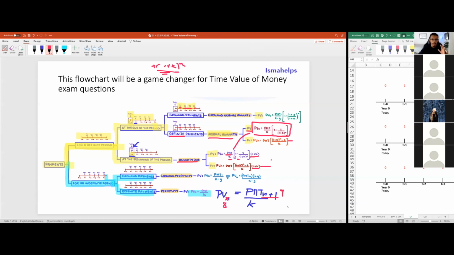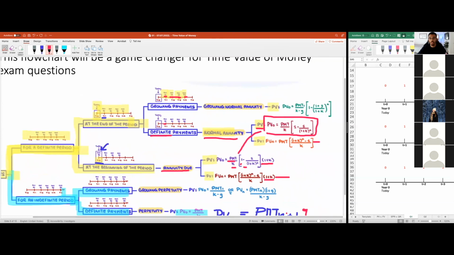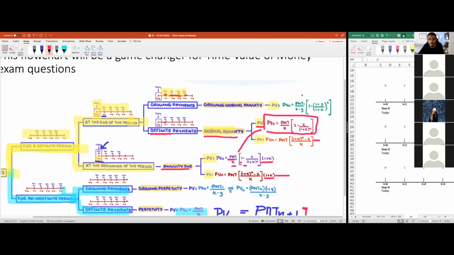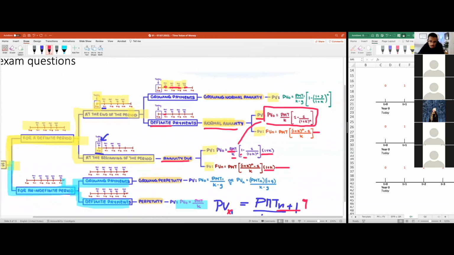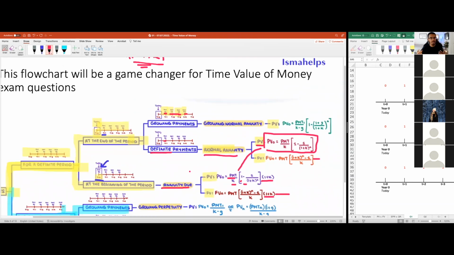So let's take a quick deep dive into the inputs that we need in such a time value of money question. If you were keen enough to look at every single formula, this one, this one, this one, this one, this one, this one, and this one, you would notice that at the very end, there's quite literally maybe 4 things that you need to look for in a question. And we're going to define those. Those 4 things are the only things that you need to find or derive in a time value of money question: payment,